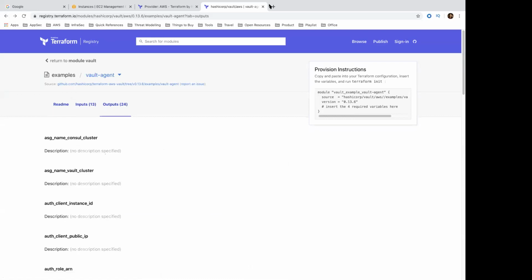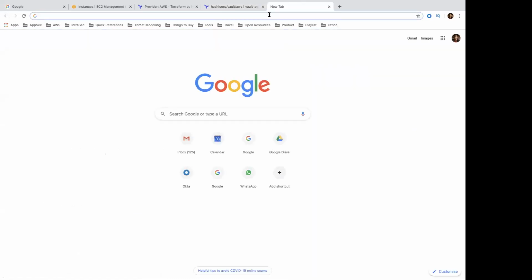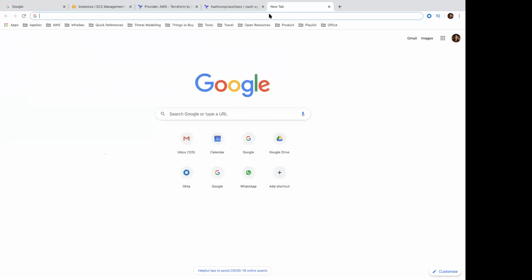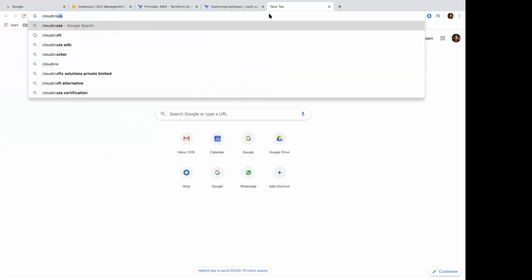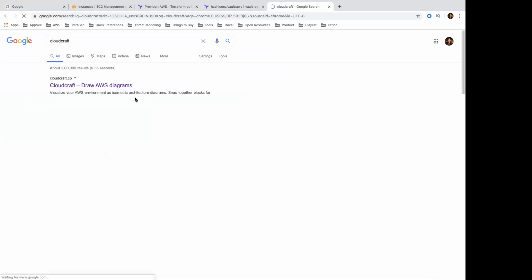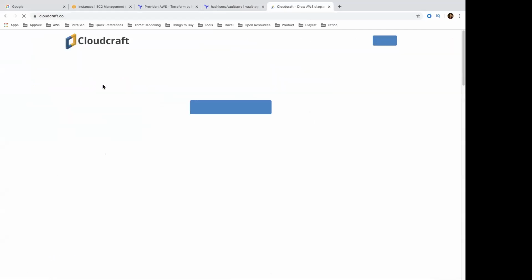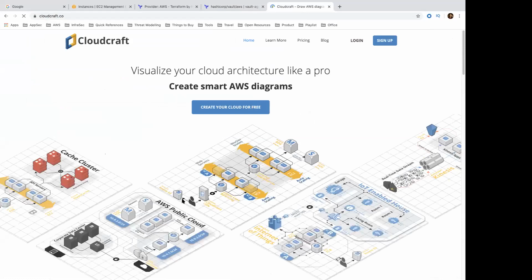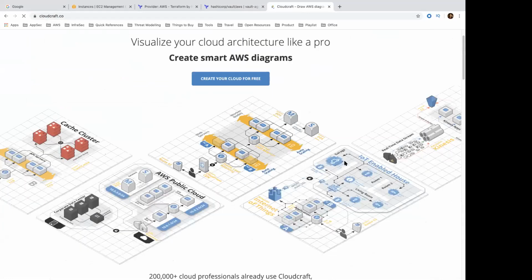In similar lines, there is also something called Cloudcraft. In Cloudcraft, it allows you to create your own infrastructure.